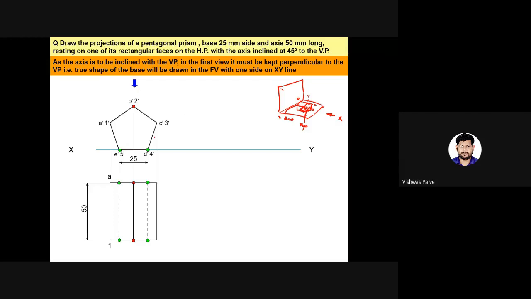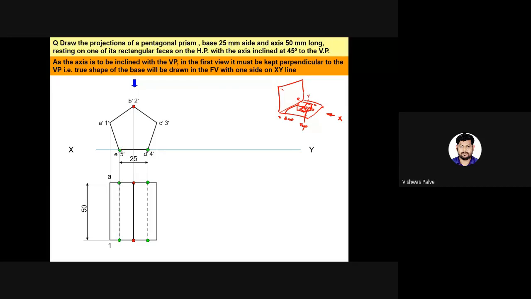This is my point A and 1. When we observe it from the top, this edge 1 and A is visible, so it is drawn as a dark line. Similarly, B and 2 is visible, so it is drawn as a dark line, and C and 3 will also be drawn as a visible dark line. Whereas E and 5 and D and 4 will not be visible, because they are lying underneath the object.